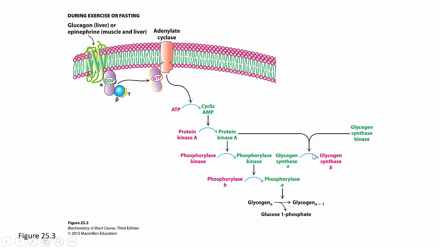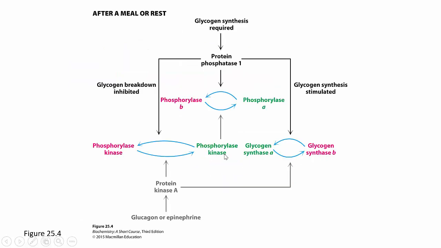So when glycogen synthase is phosphorylated, it is turned off. When phosphorylase is phosphorylated, it is turned on. So under conditions with glucagon and epinephrine, we have turned on glycogen breakdown, and we have turned off glycogen synthesis. Okay. The next figure,